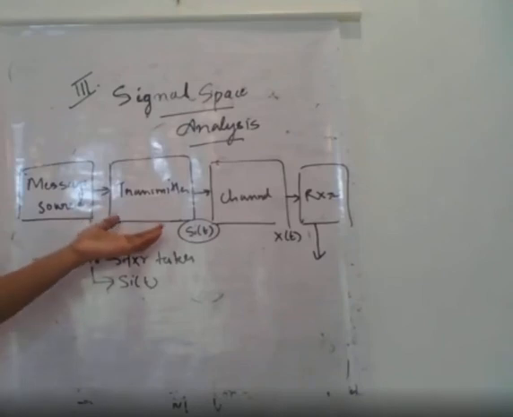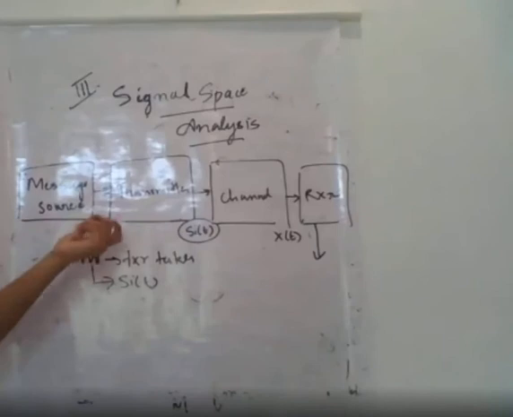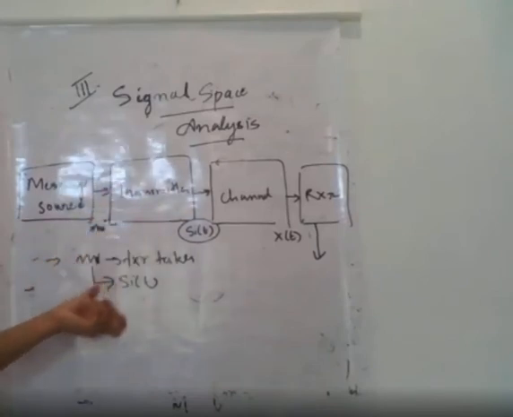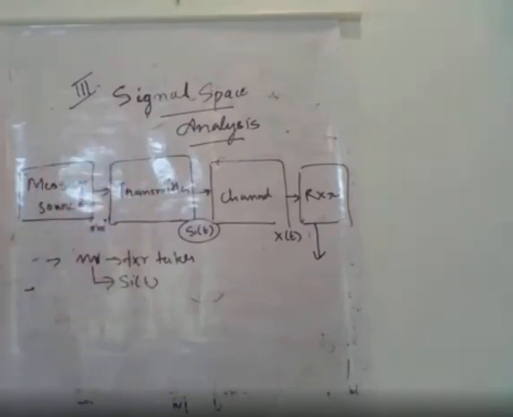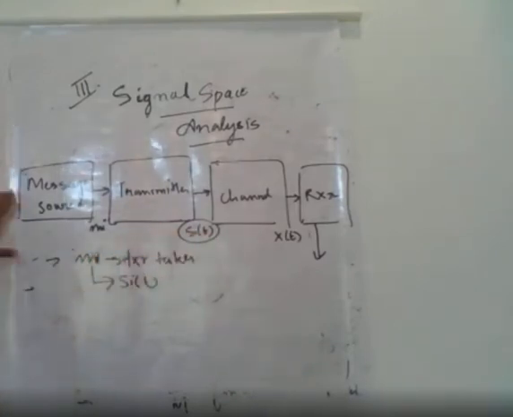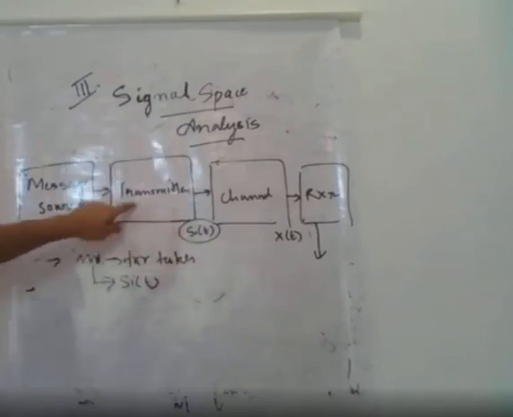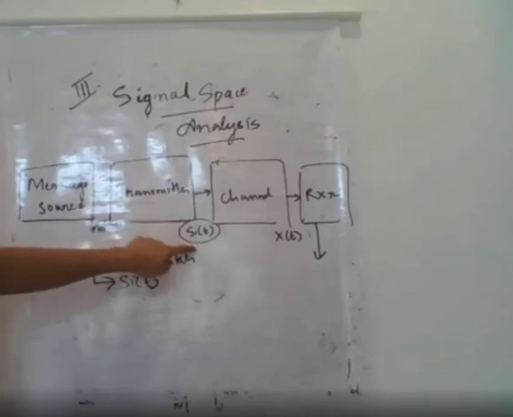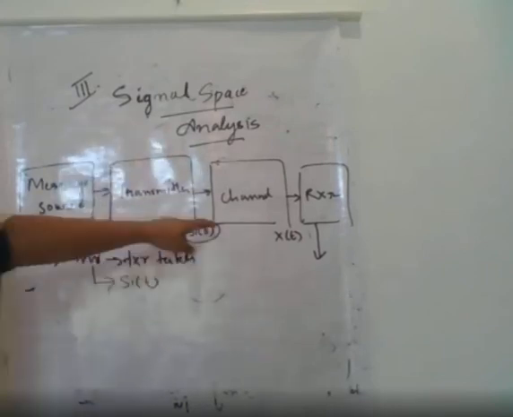But this transmitter takes this message source output Mi. This Mi the transmitter will code into Si of t, that is, digitally we transmit over the communication channel in a suitable form like a code. This is nothing but Si of t. The transmitter takes the message source output Mi and codes it into the distinct signal Si of t, and this signal Si of t is suitable for transmission